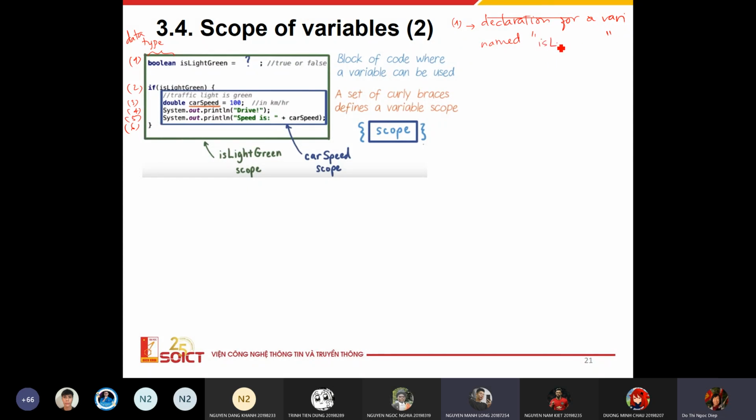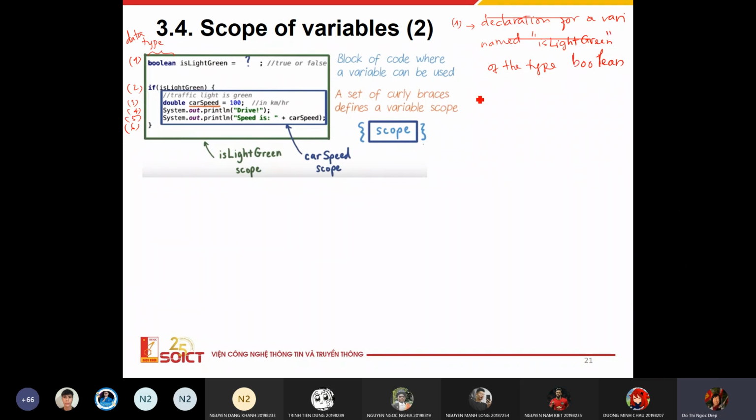Yes, this is the name of the variable. It's like green. And the type, Boolean. Okay, Boolean. Boolean là kiểu chỉ có giá trị 0 và 1, true và false, đúng không? Okay, in the first line you have this declaration of a variable name is light green of